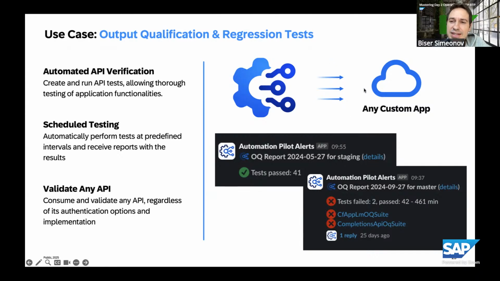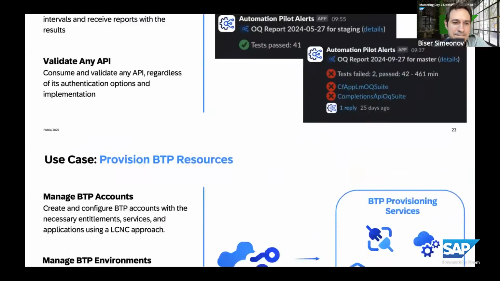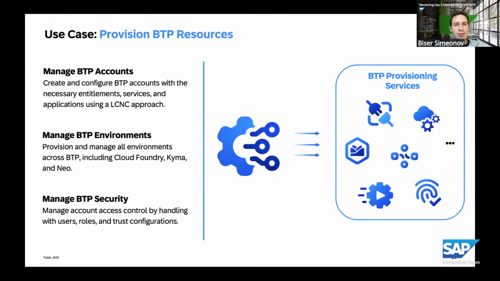And of course, at the end of those checks, the automation pilot can ingest the needed data into an alert notification, an email, or a Jira ticket. It really depends on your particular use case. So you can be notified what exactly happened as part of those automated regression tests. So yeah,